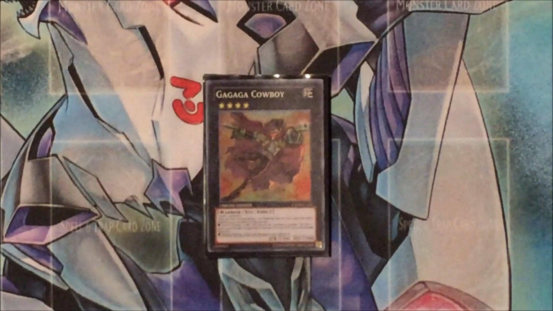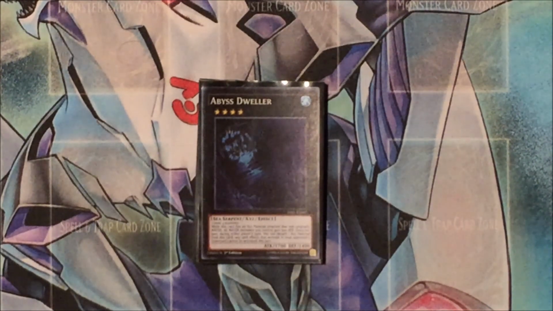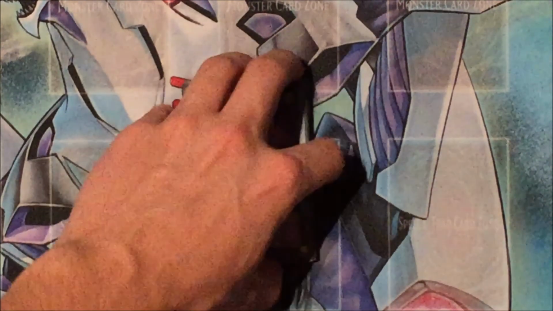I'm playing Cowboy for a little bit of burn. I'm playing Abyss Dweller just to kind of stop the grave for decks that use the graveyard. He's a good option just to have. And then for the Star Seraphs, since they need 3 overlay materials to be used, I'm playing 1 Evil